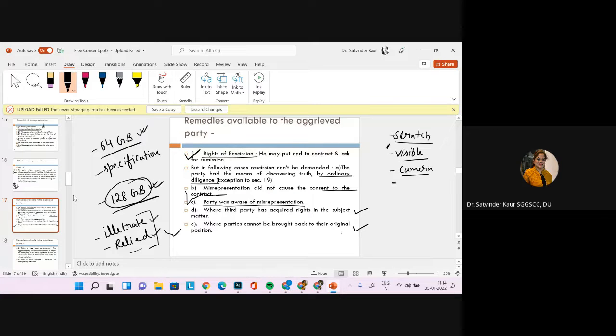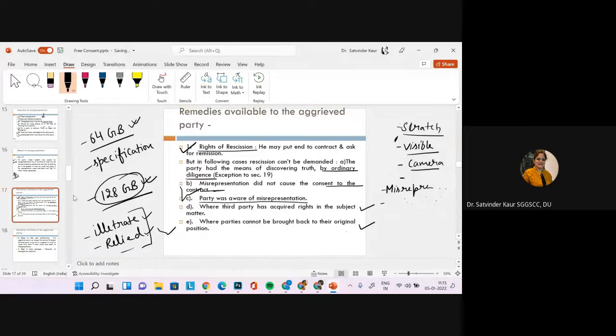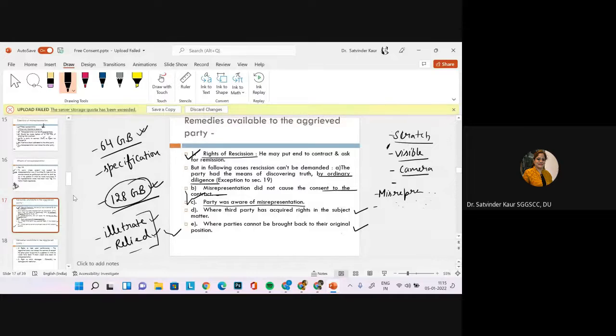So in this case, if there had been misrepresentation that this particular camera is working, and it is not working, and then they replace it, all these things go on, because I needed this laptop for taking my classes, so the camera and other things were an essential part of it. And when we discuss the Sale of Goods Act in detail, we'll discuss product description and all these parameters in much more detail, right? So I hope it is clear up till now where the right of rescission can be used and where it cannot be used.